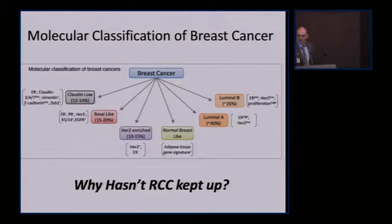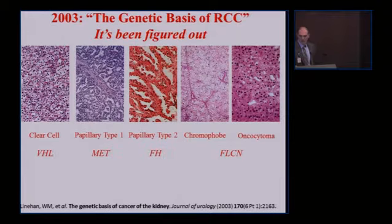We look at some of our breast cancer colleagues, and they're way ahead of us. Right now, 75% of tumors are clear cell. Clear cell is very heterogeneous. Papillary is very heterogeneous. But we're a little bit behind, but hopefully we'll catch up with the advent of the TCGA. In 2003, this is a slide from my mentor while I was at the NCI, Marston Linehan,